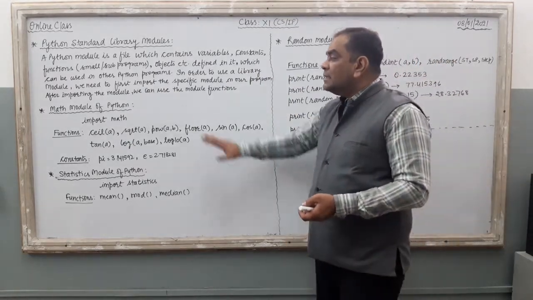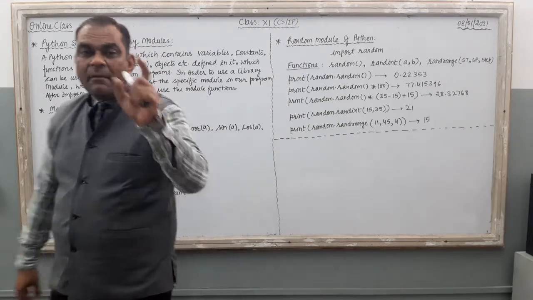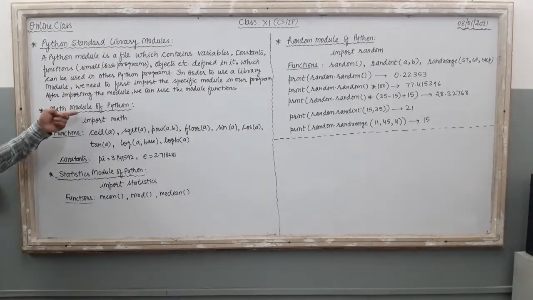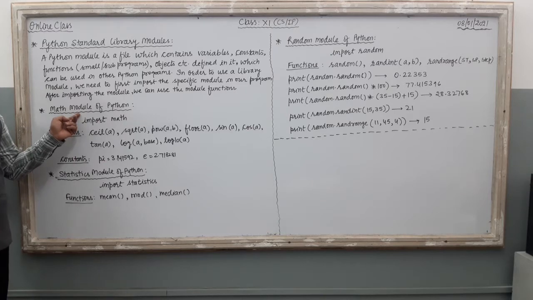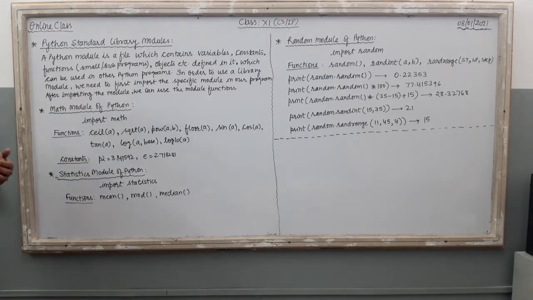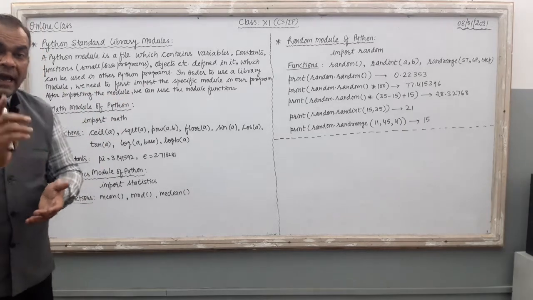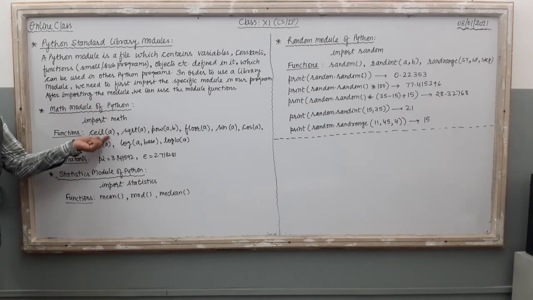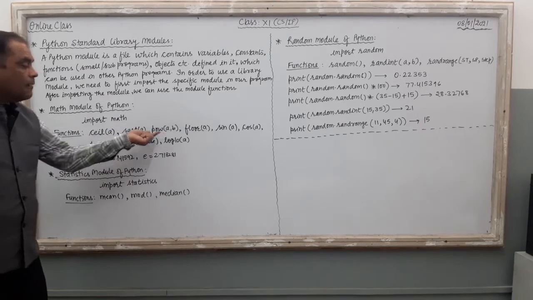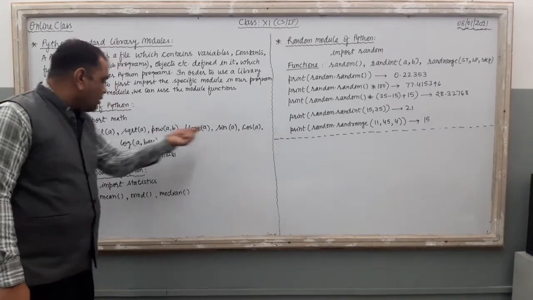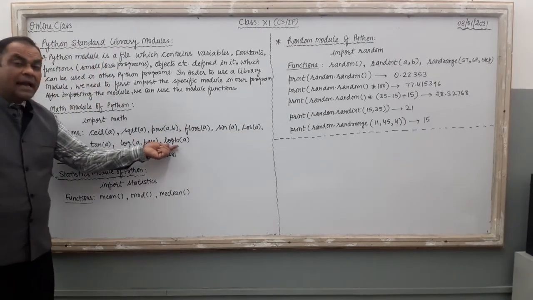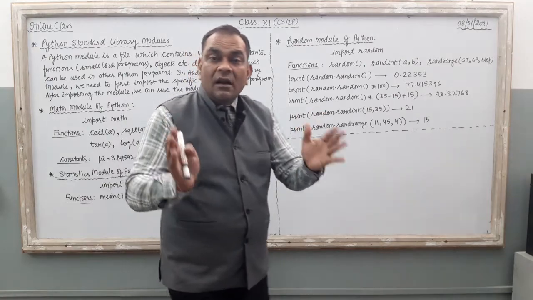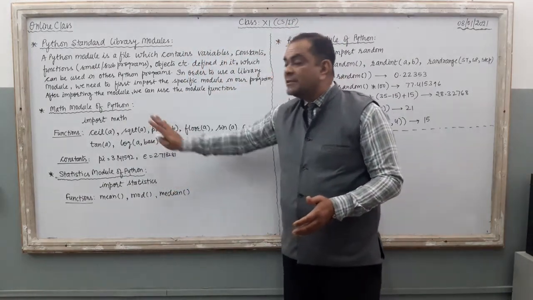Now, let's take an example of the math module. This math module is available in the root folder of Python. If you see the math module properly, it looks like a programming file, like programming code only. In this file you will find the ceil function, sqrt, power, floor, sine, cos, tan, logarithm, log10. These general functions are already created in this math module.